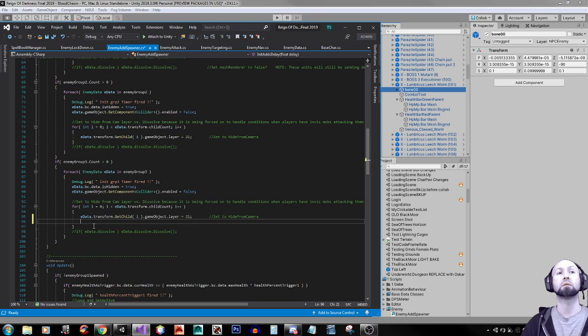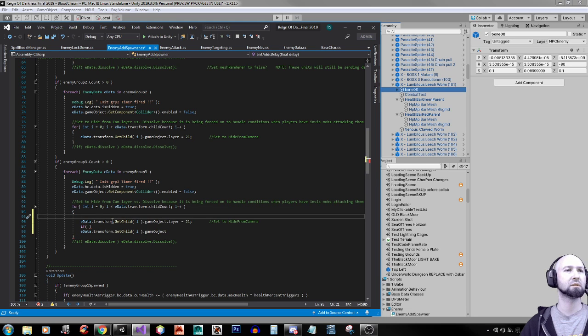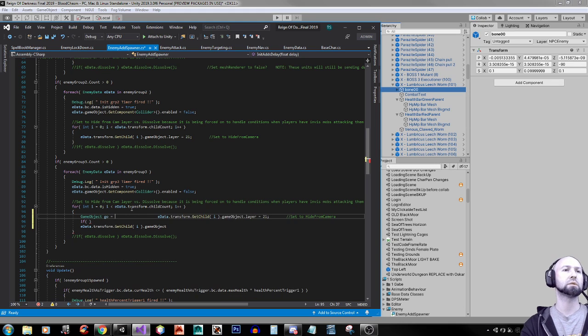And now we gotta get the child of these. Son of a bitch. I mean, I could do this, but if I ever change it, this is a no ref waiting to happen. So I could say child whatever. Oh wait, let's do it like this. If, and really with me referencing this so much, I feel like we should do a game object. Wait, should I use a transform? No, we'll use game object. So we'll do a geo equals that, and then